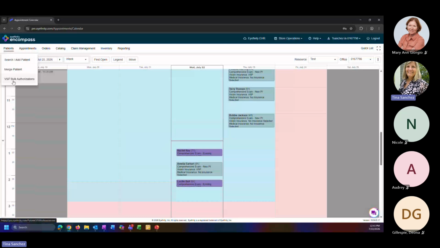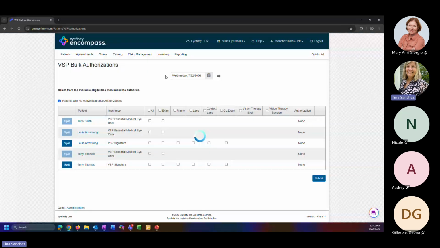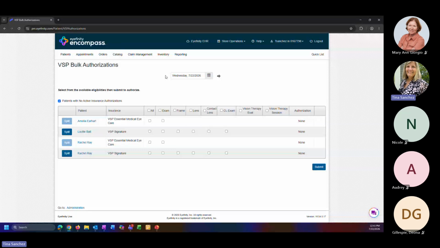So if I'm authorizing something from Wednesday, which is the current date, but probably more than likely you're not doing it the same day anyway. But if you are, you just have to back up your date here to go back to today's schedule of patients that have